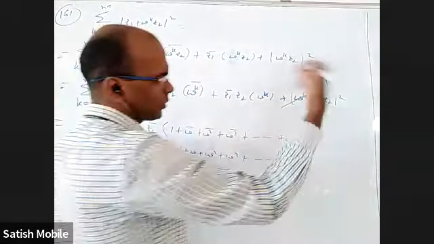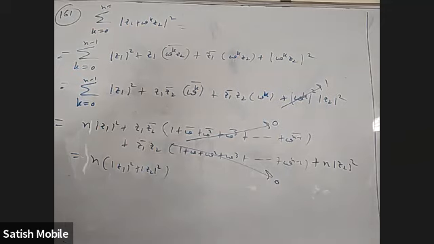So this is 0. When you apply conjugate, 0 conjugate is also 0. So that is also 0. That's it. N into mod z1 square plus mod z2 square. So these questions are based on nth roots of complex number or unity, even the previous one and the present one, even the next one.